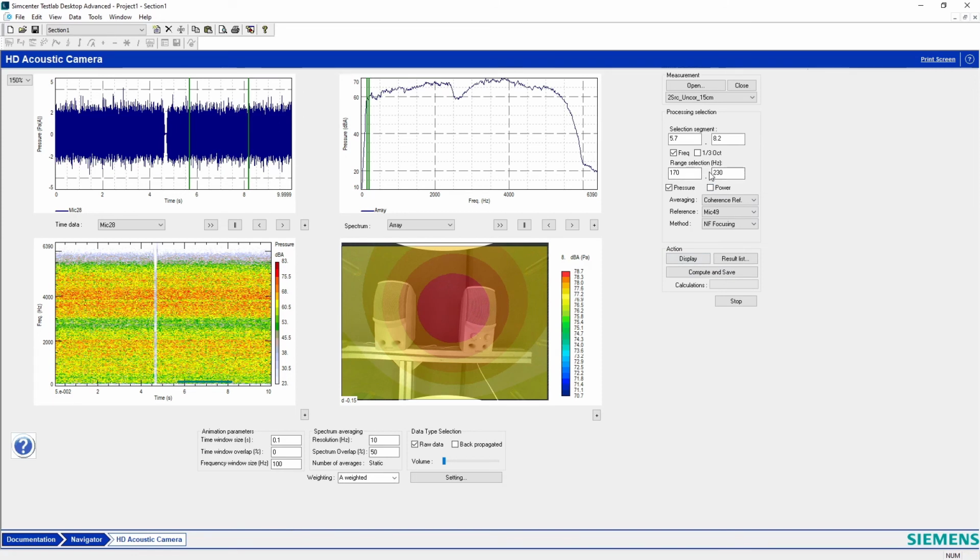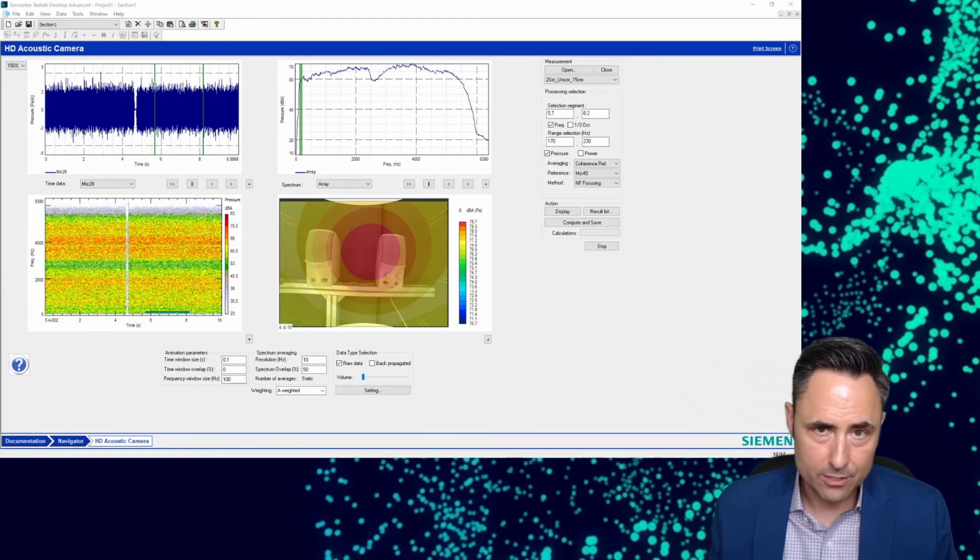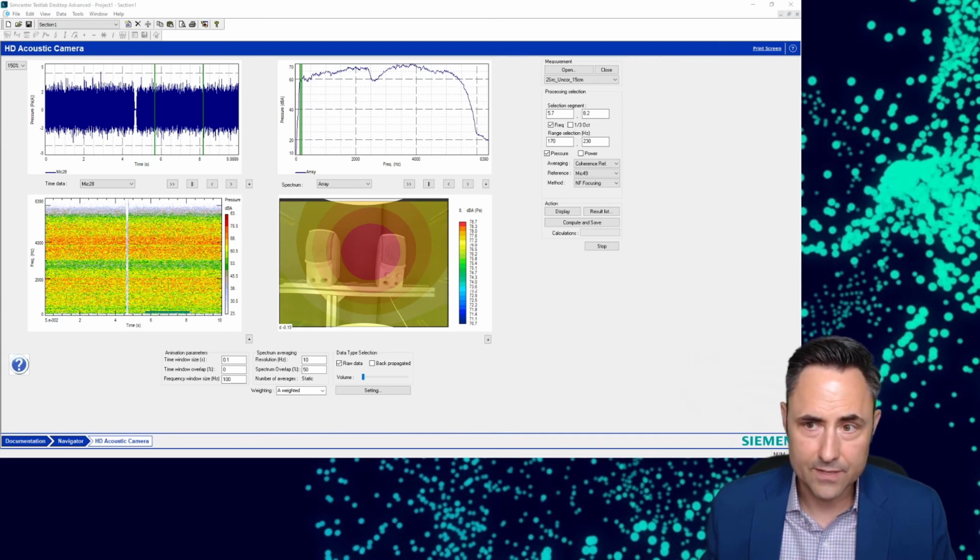Because this frequency is so low, we're not really able to determine: is there one speaker on in this case? Is there two speakers? Is the speaker in the middle? It's just too generic, right? The wavelength of the sound we're trying to localize is too big to give us a specific answer.